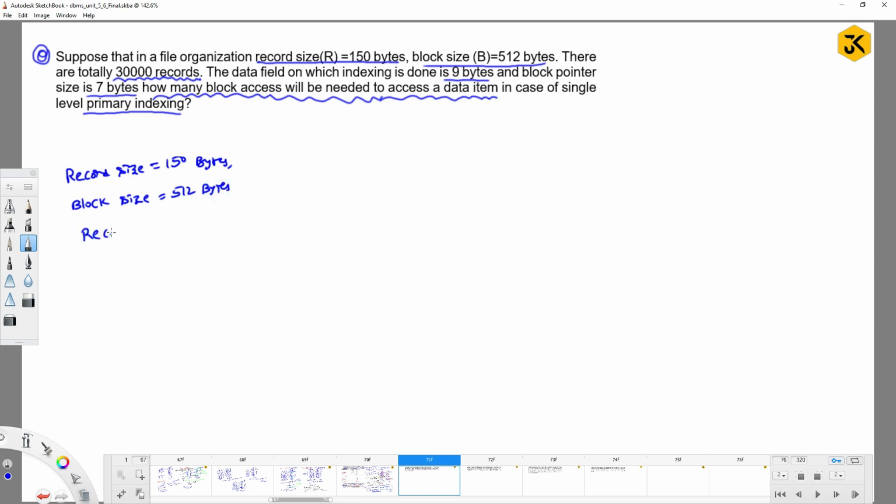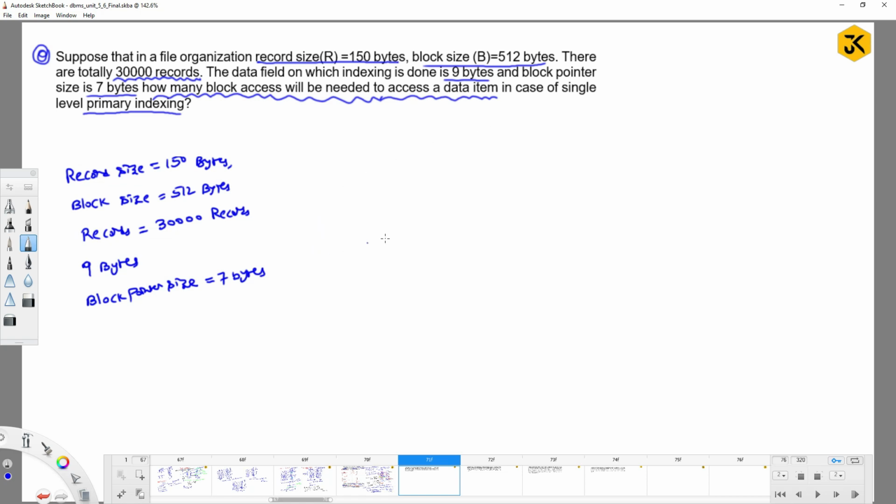Total number of records which you want to place in the disk is 30,000 records, and the data field on which indexing is done is going to take 9 bytes and a block pointer size is 7 bytes, and you need to calculate how many block accesses are required